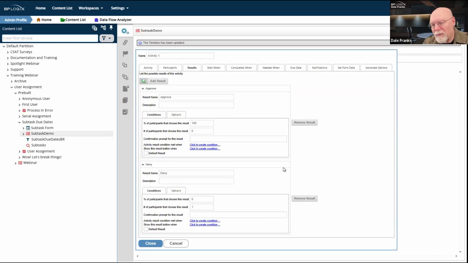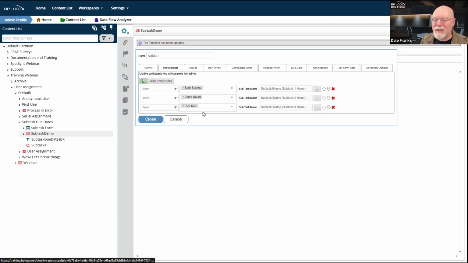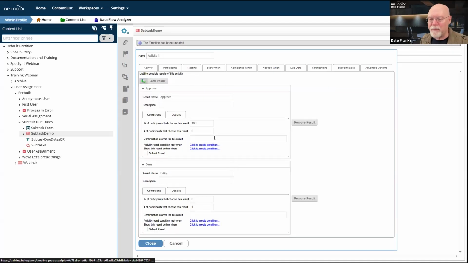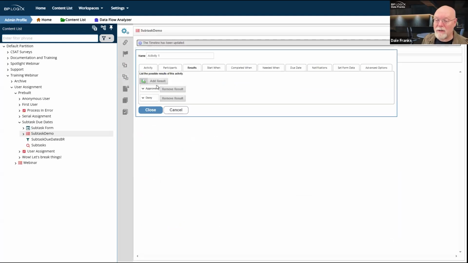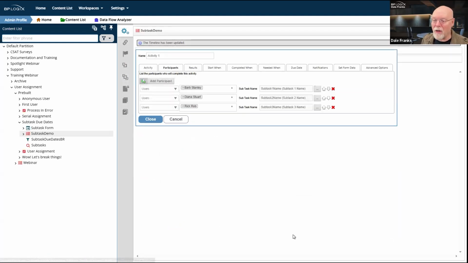So if we're going to do something like this, we have to kind of monkey around with the results to be sure that we have 100% agreement that it's approved, but any one person who disagrees, it's denied. But other than that, technically, we could have this single activity 1 just be called approval, and I could have all 3 of my approval steps in this activity. It's certainly an efficient way of doing it.